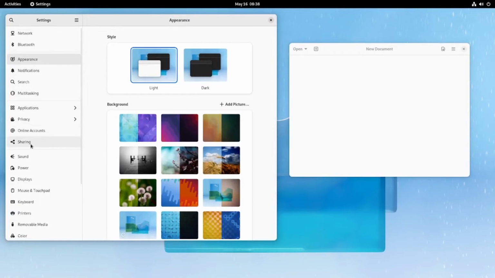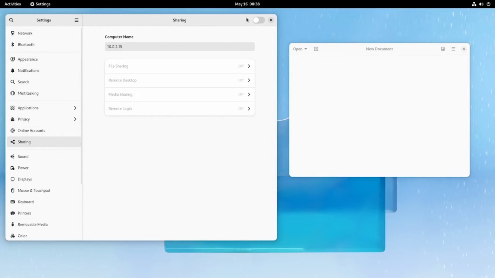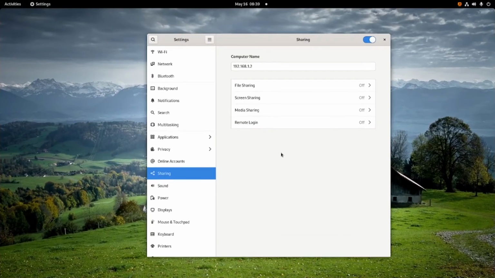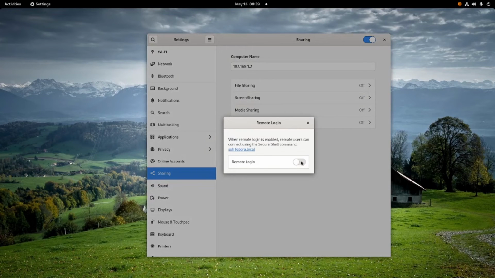There's a sharing too, and the menu is still the same as Fedora 35. The difference is there's a remote desktop option in here, and in Fedora 35 there's no remote desktop option, only screen sharing. And this remote login only shares the SSH remote login.